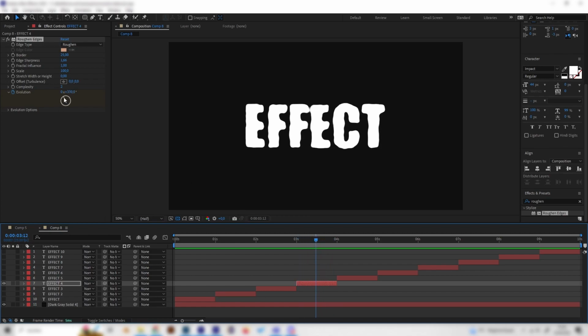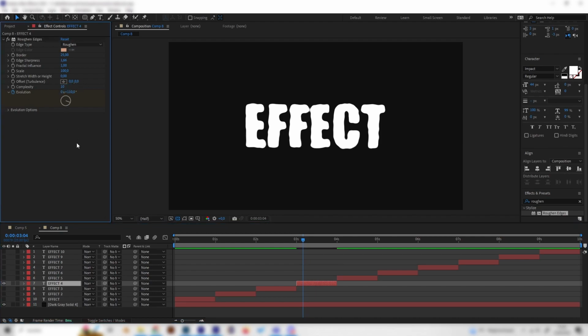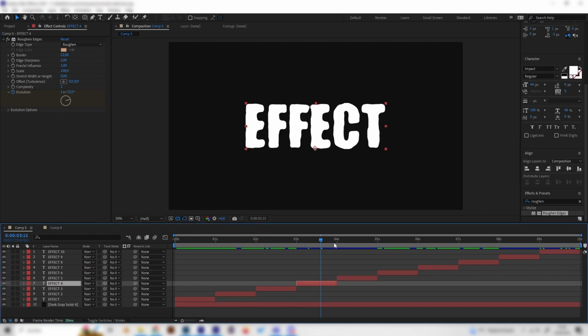I really like this one, and you can use this in a lot of projects. And of course you have advanced settings like the complexity, which you can turn up or turn down, or the scale, so you can really try around with this one a lot. But let's go to the next one,